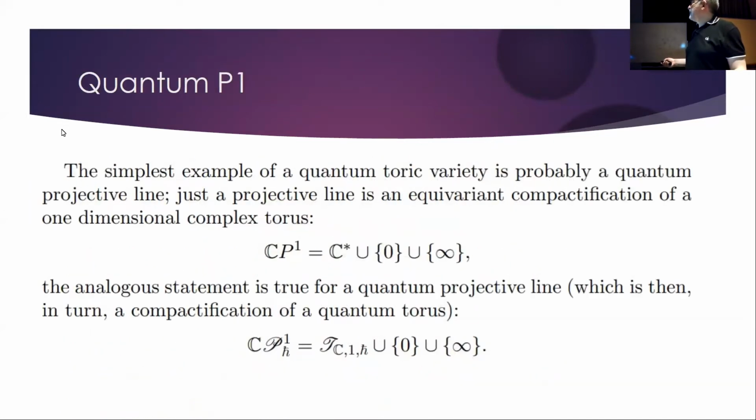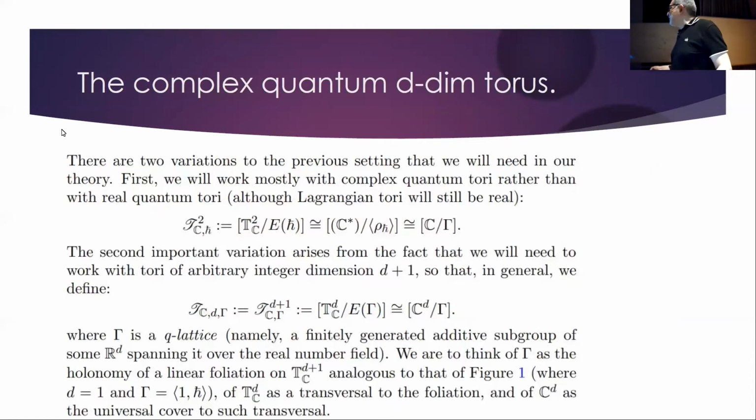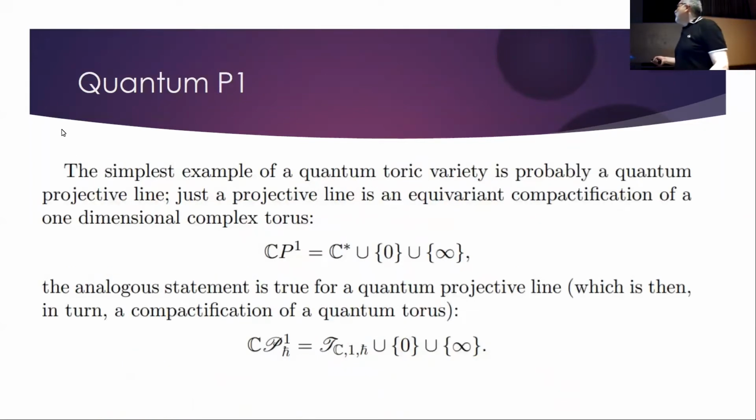Okay, so now we want to do quantum P1, and just wait a couple of minutes before calibration will fix everything. But anyway, we have to put a germ, as you are pointing out correctly. We have to put a germ additionally to this information to fix the situation, to fix the non-commutative degree of freedom. Anyway, quantum P1. CP1 is C star, union 0, union C infinity, union infinity, and we want quantum P1